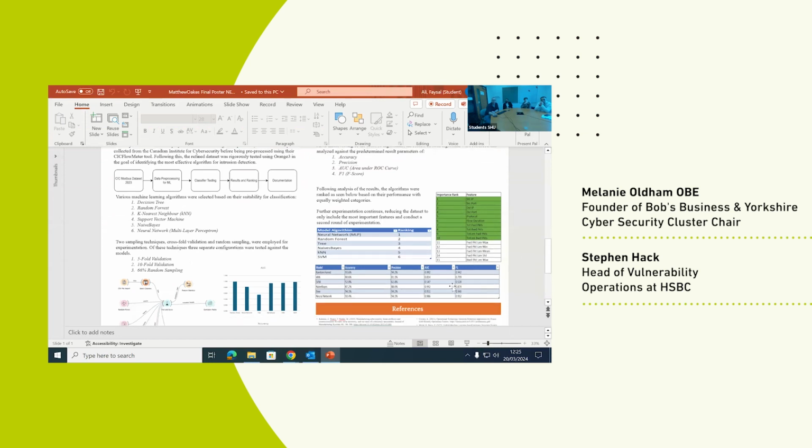So if we have a look at the results here, each one of these was weighted at 25%. So we can see the random forest, 93.6, 94.2 for precision, 0.992 for AUC, and 0.942, sorry, for F1. Then these were worked out on an average of each of these and then ranked from